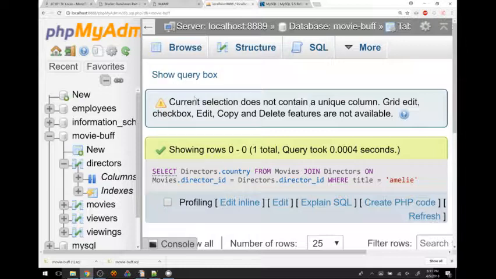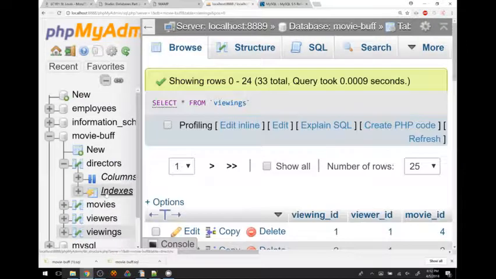There can only be one primary key, yes, but a primary key can span multiple columns. So one column may not be enough to uniquely identify each individual row, but maybe two columns would be enough. Maybe the combination of two columns would be enough to uniquely identify each row, or three columns, or however. There's no limit, really. That situation does arise from time to time. It's called a composite key, a composite primary key.